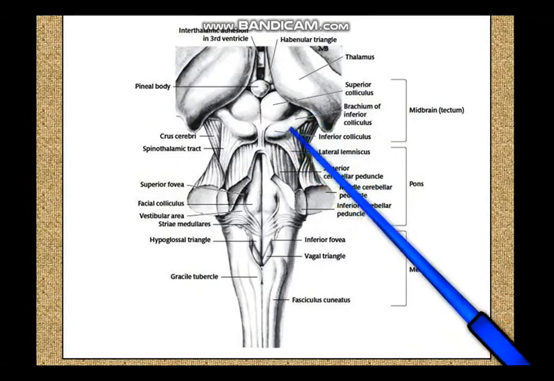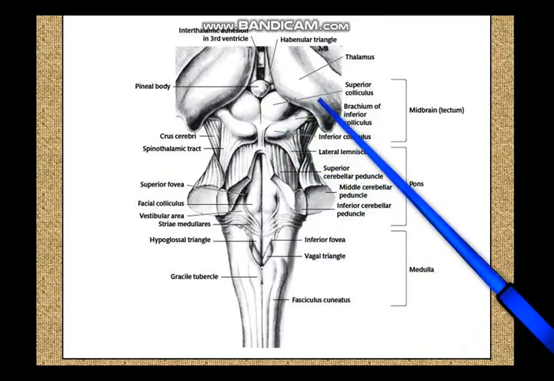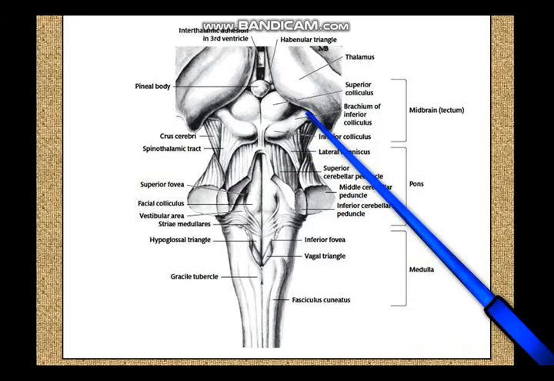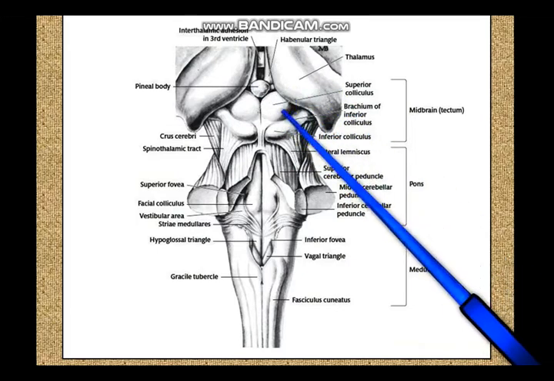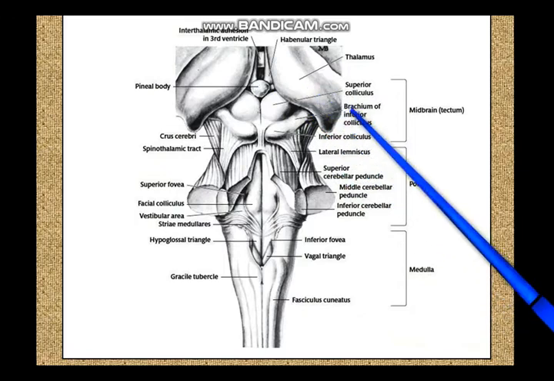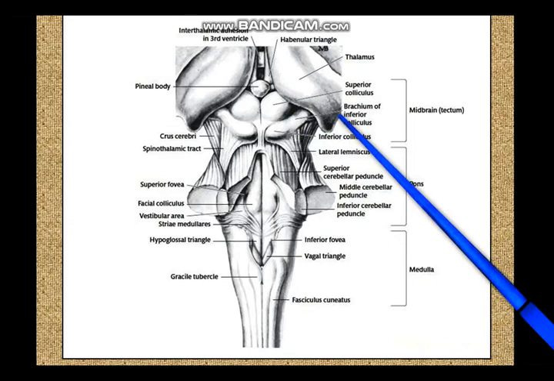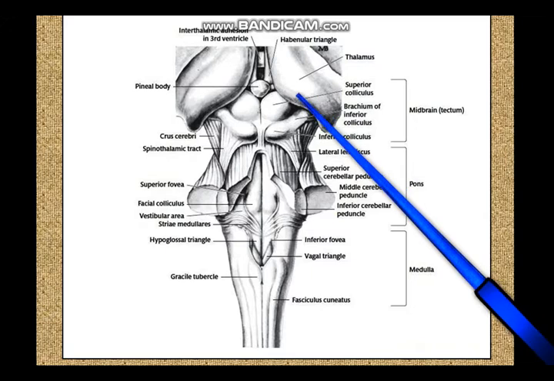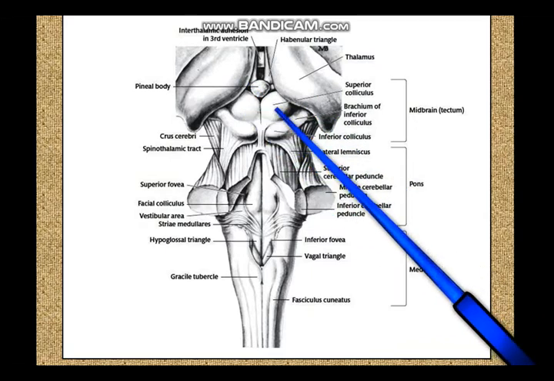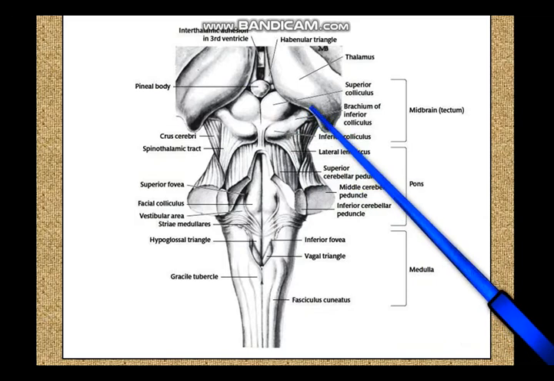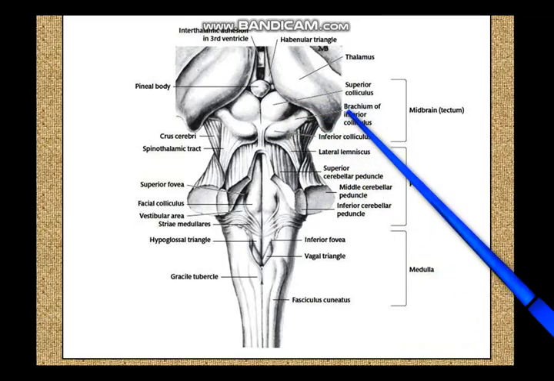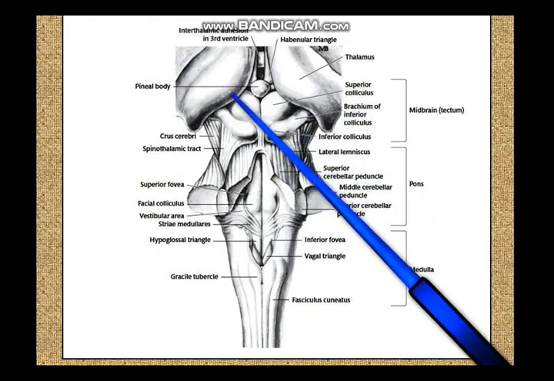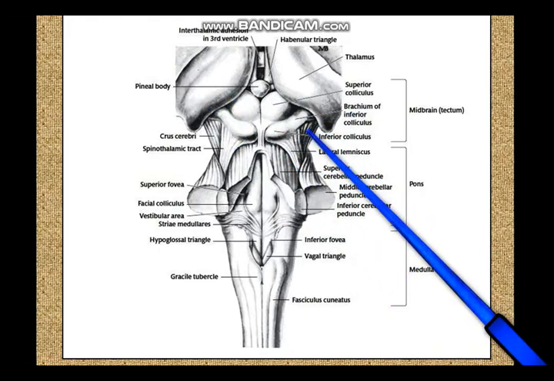Now the connection between the inferior colliculus and the medial geniculate body is called the brachium of the inferior colliculus, and the connection between the superior colliculus and the lateral geniculate body is called the brachium of the superior colliculus. Now the superior colliculus and the lateral geniculate body are part of the optic reflexes, and the inferior colliculus and the medial geniculate body mediate the auditory reflexes. So again, pineal body, superior colliculi, inferior colliculi, brachium of the inferior colliculus and the brachium of the superior colliculus that you can't see. So much for the midbrain, and you can see the crus cerebri of the midbrain, which we